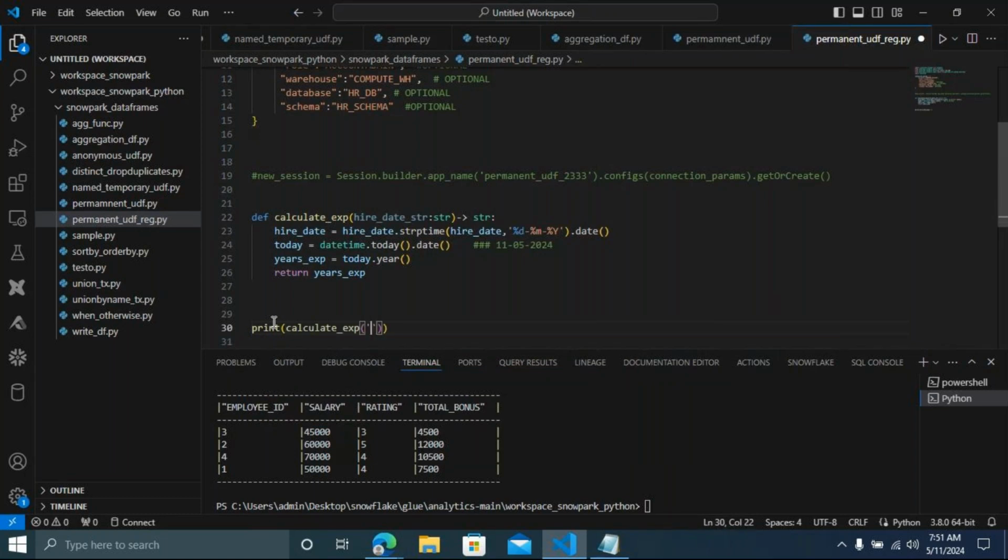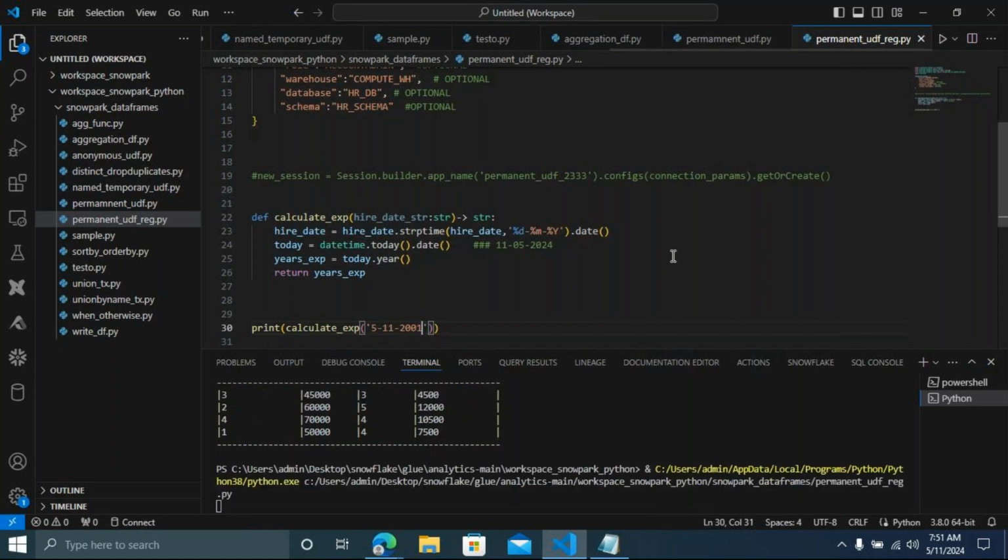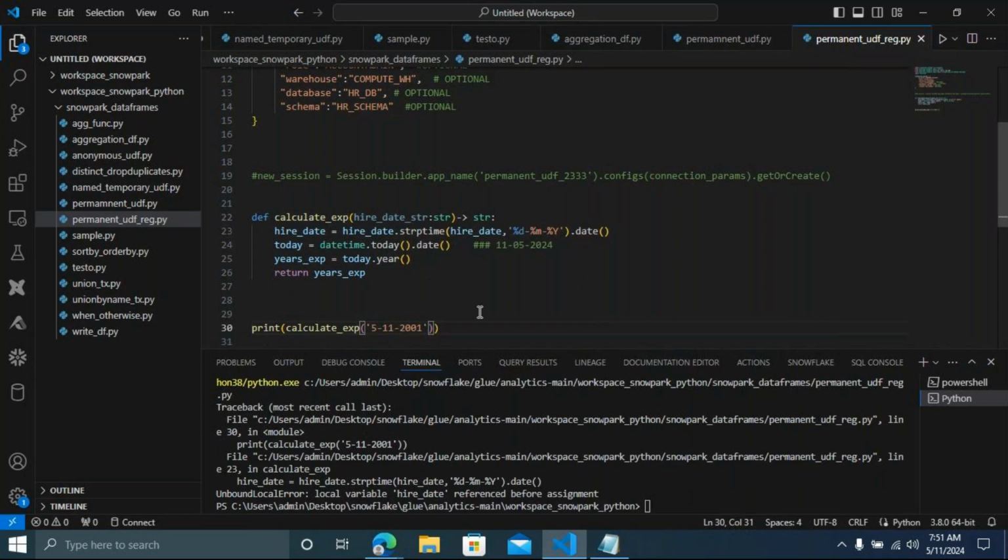Now what I'm going to do is 5/11/2001. ஓகே, எனக்கு experience தரணும். That's it, just run it. If it's running means definitely UDF will run. ஓகேங்களா, இது test பண்ணி பார்த்துக்கலாம். இங்கேயே work ஆகலன்னா அப்ப என்ன அர்த்தம்,